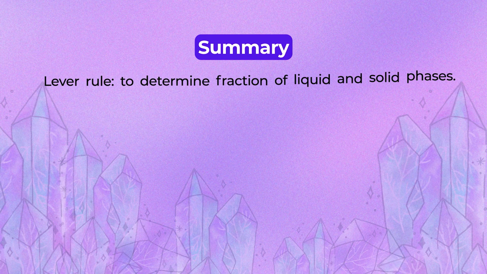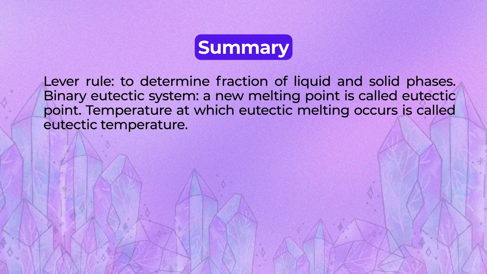Lever rule. Let us summarize what is the lever rule. To determine the fraction of liquid and solid phases, we use the lever rule. In a binary eutectic system, the new melting point is called the eutectic point. The temperature at which eutectic melting occurs is called the